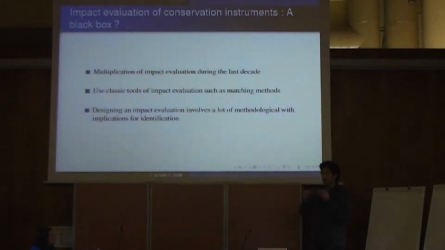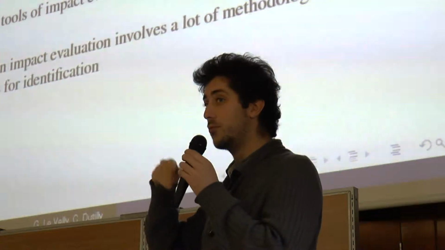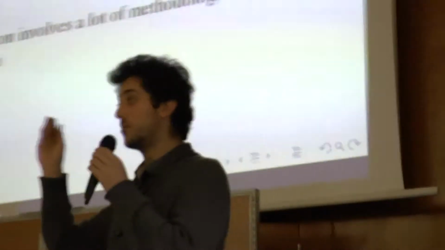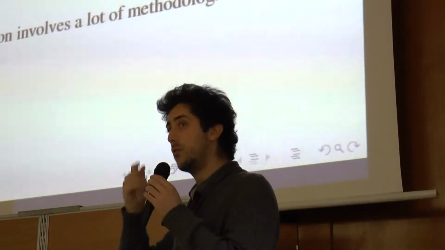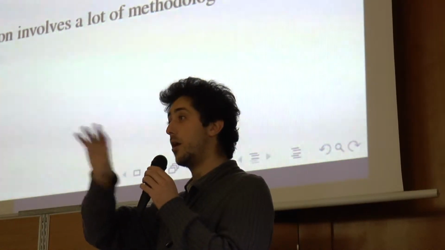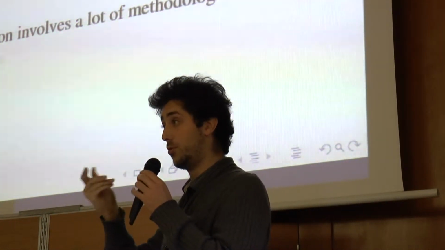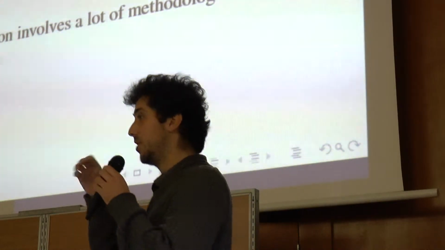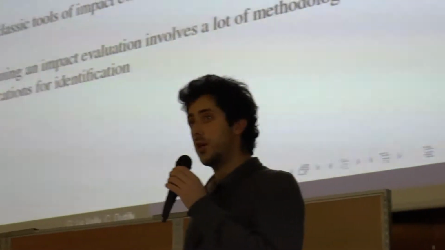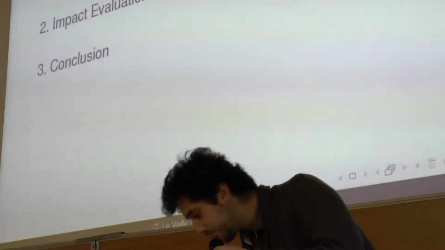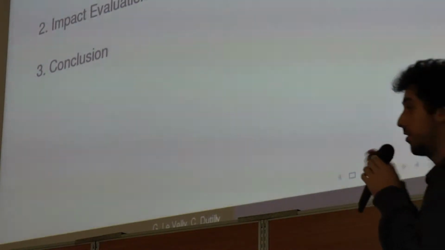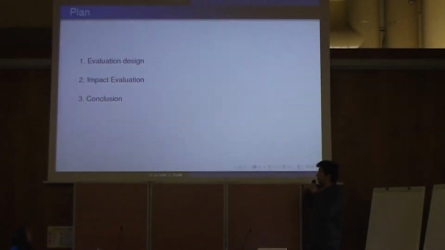So the idea of the presentation was not really to present some empirical results, it was more to share the discussion we had with Driss and Céline over 2 or 3 years and share it with you, because I guess these are choices you had to make during your own research. So the idea was to present all those choices and look at the implication for identification strategy. So first we look at the evaluation design, unit of analysis, etc., and then we get closer to the estimation.